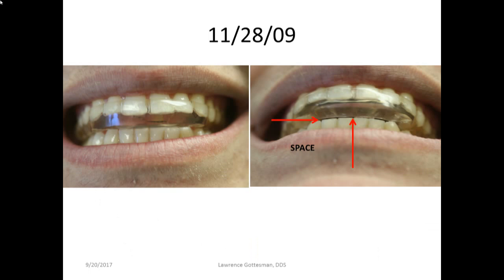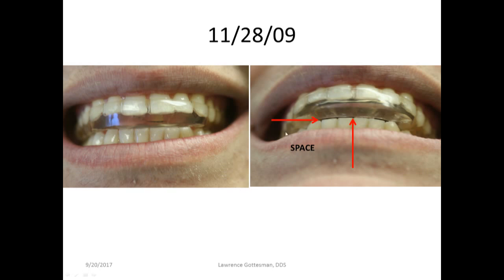So here's a case that I started in 2007. This is a friend of the family. This is a young man. He has Hashimoto's disease again, along with idiopathic thrombocytopenia purpura. So he has reduced amount of platelets. That's what that means. And from the time that I made him the appliance in 2007, you can see that